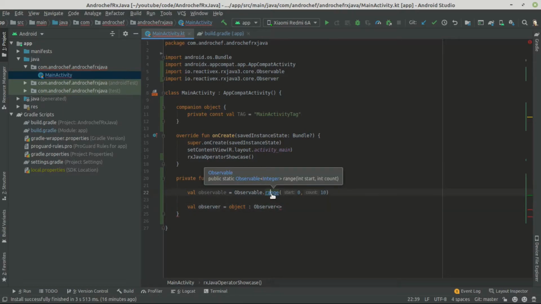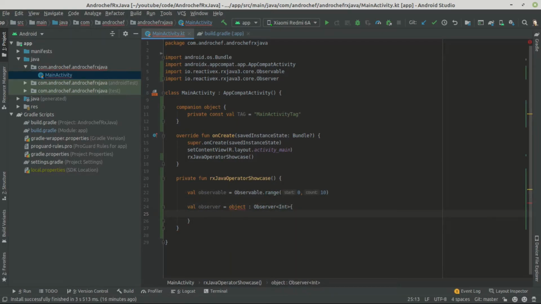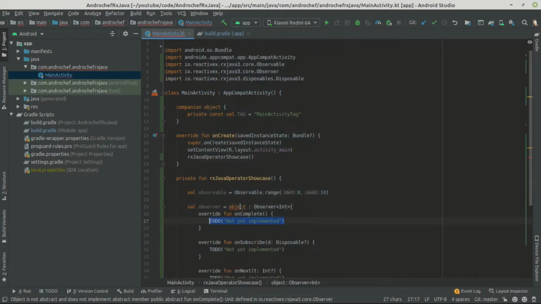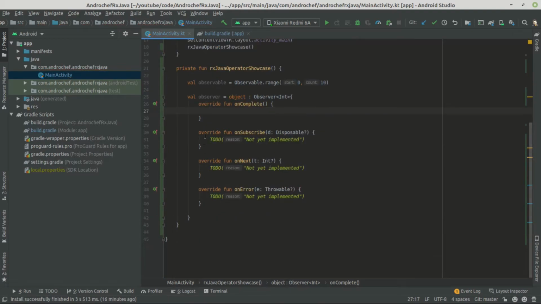As you can see, this range operator only creates an observable of integers, right? So we'll take int and we will implement 4 methods. Now we will add log here.